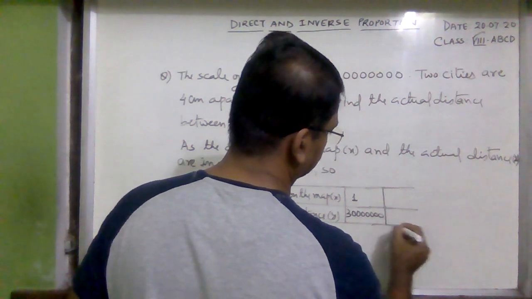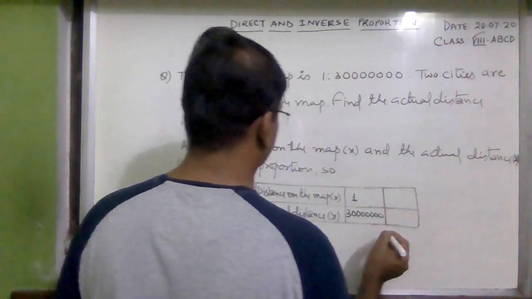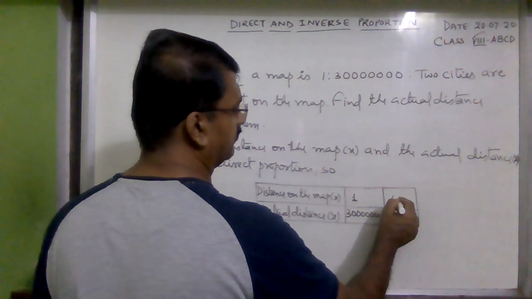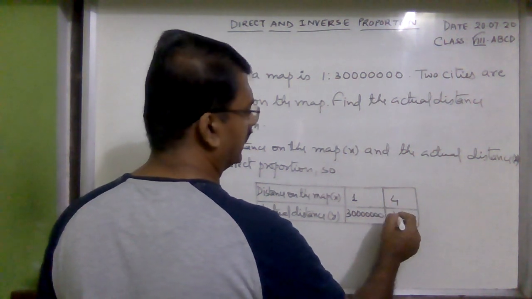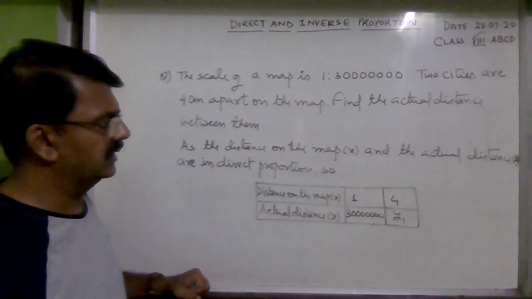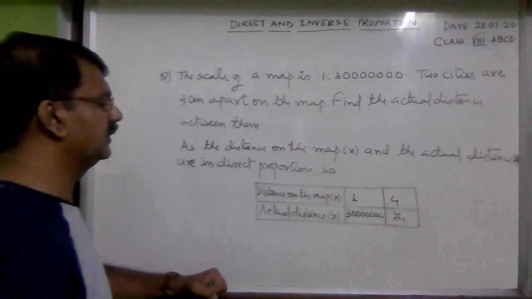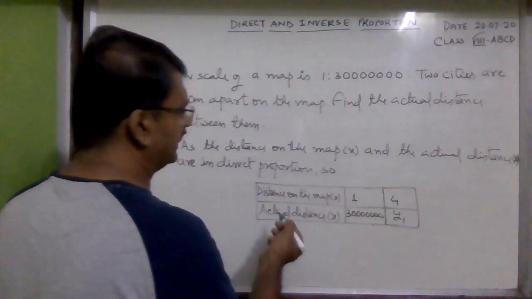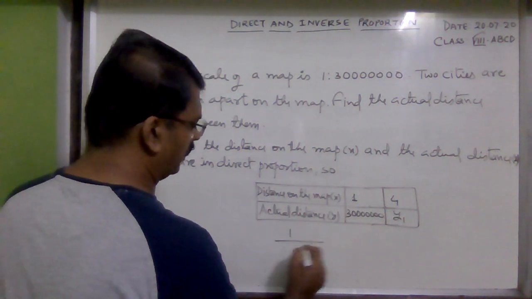Now when the distance on the map is 4 centimeter, what would be the actual distance? So now what we do, as they are in direct proportion, 1 upon 3 crore